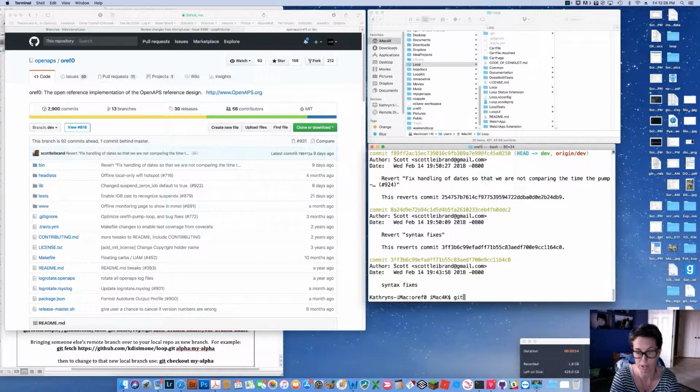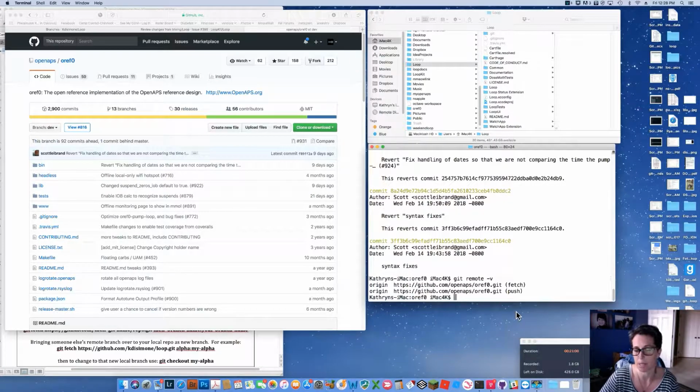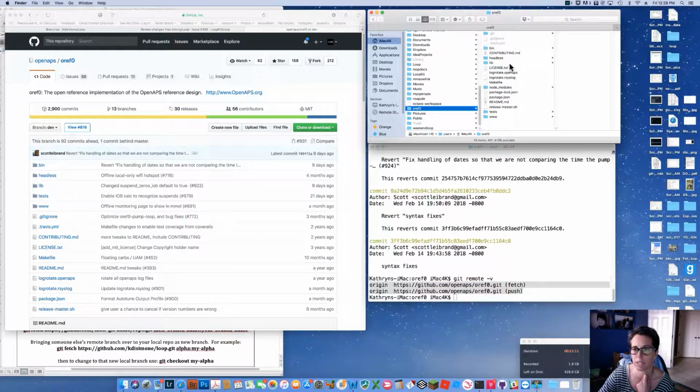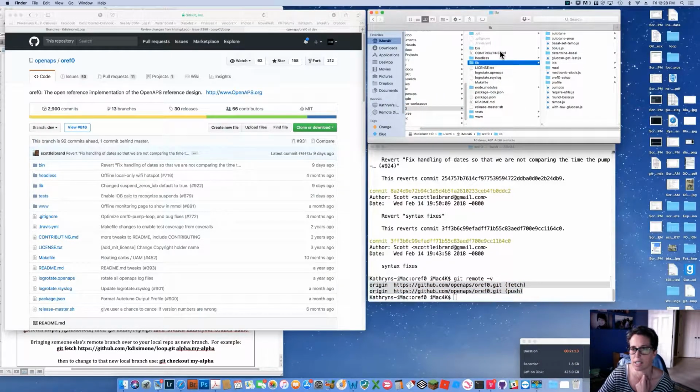Let's see, I actually don't know where this one tracks to. I don't remember if I cloned it from my account or OpenAPS's account. So yes, I cloned this from the official account. This isn't my fork of it. So if I were to make any changes, let's say I went over here and I said,